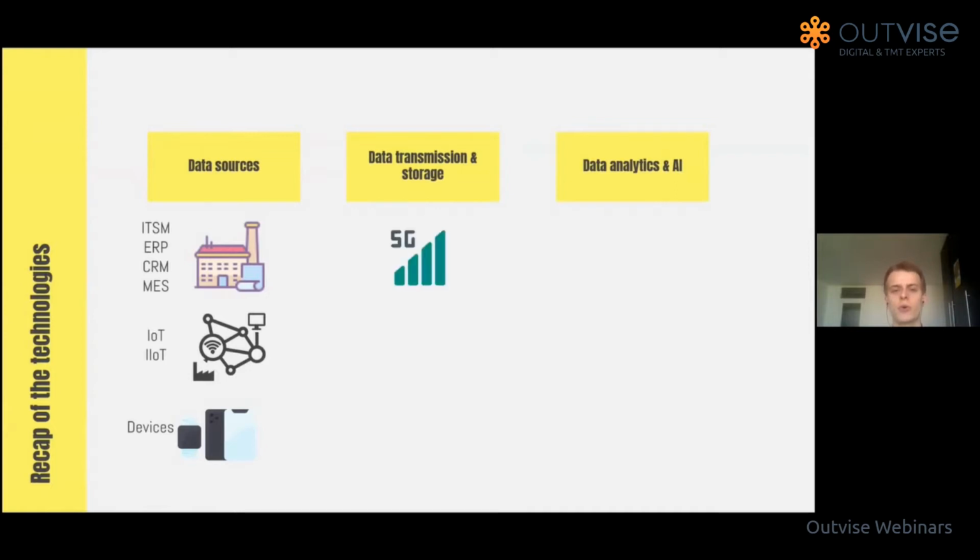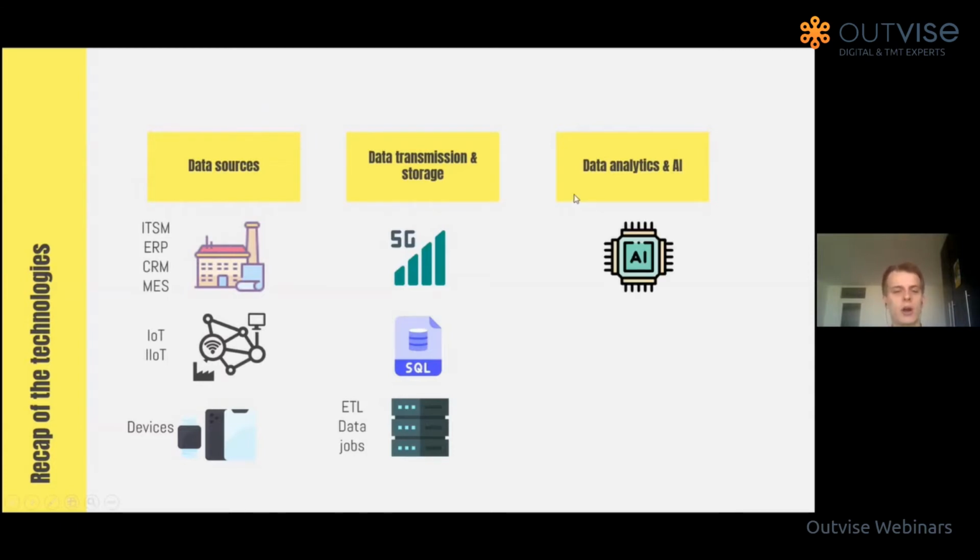We have spoken extensively, well, not extensively about 5G, I just mentioned it, but we've spoken extensively about ETL and data jobs, about different kinds of databases that you can use for analytics, with use cases and suggestions when to use each of them, as well as on the data analytics and AI part. We have spoken about how AI actually comes into play, how to analyze data with AI, different frameworks and solutions for that. We have spoken quite a lot about chatbots with Anna and Mercedes, our previous speakers, as well as about process mining in our view of the customer service process.